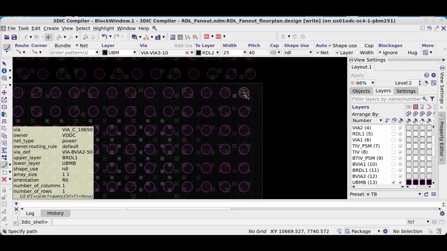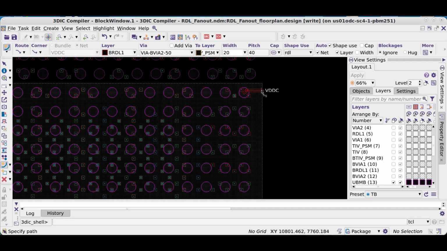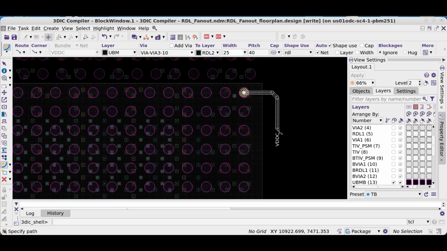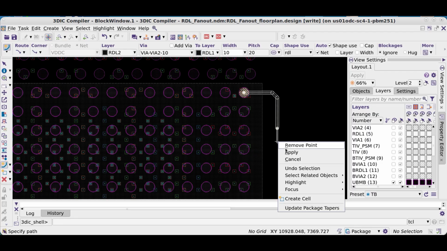Now we're going to select a via on the top layer and do some manual routing. We can route any angle on any layer and automatically adjust the trace widths. You can also dynamically change the width, and as you can see, 45-degree routes are automatically made as we move the mouse. Here you can see the width is changed dynamically and on the fly.